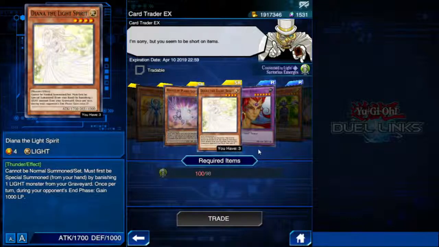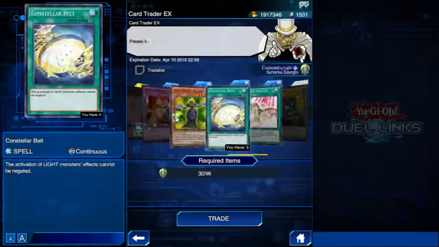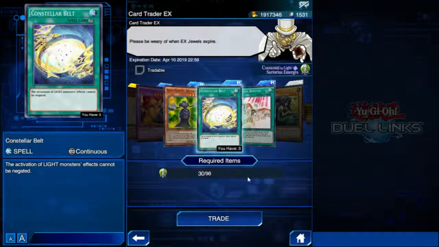I believe Diana the Light Spirit was available in the DD Tower Light Dimension event, I want to say. I don't remember where Photon Booster and Constellar Belt come from. They might have been from DD Tower Light Dimension as well, but